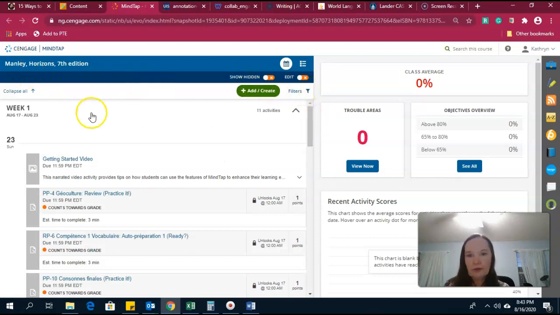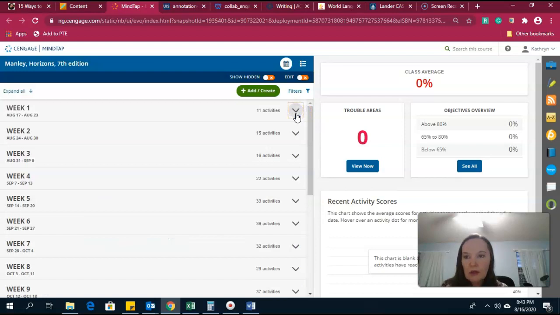And the other thing is, let me close this. As we go through the weeks, I'm going to be taking out some of these activities. Ideally, I would like to have the activities in like maybe the 15 to 20 activities per week range. That should give you a pace of doing about 3, 4, 5 activities per day to stay on task with it, and to make sure that you're getting exposure to the language every day. And hopefully you'll take advantage of Duolingo as well to keep up with your practice. So for week 1, this is set.